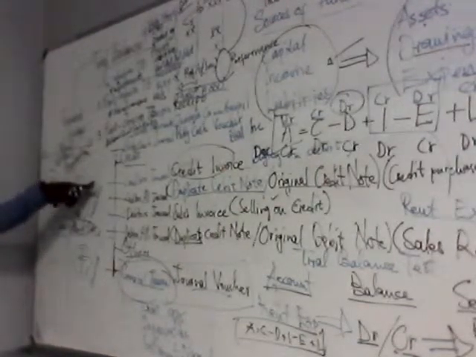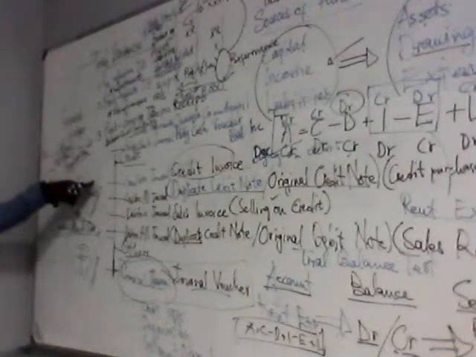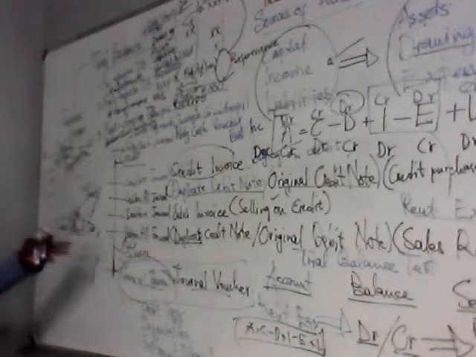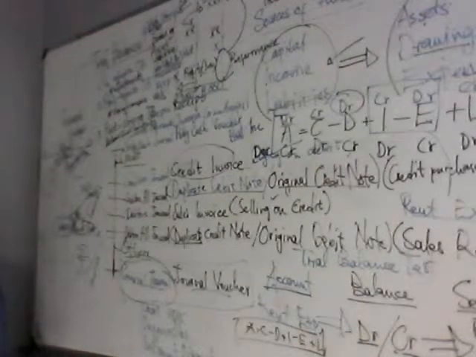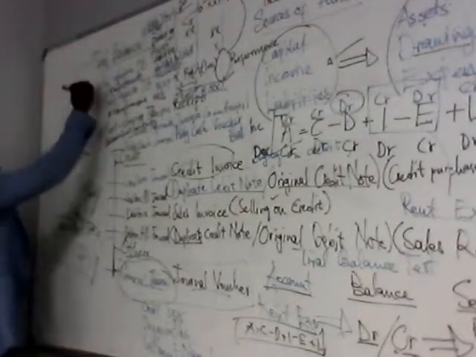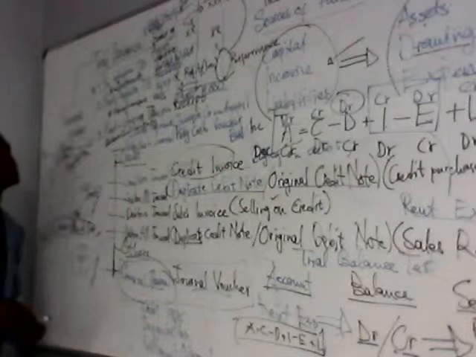Even if you balanced your debtors control and it was on the credit side, I'm going to give you a mark if, when I go into your trial balance, I find the money that you had as the credit balance in debtors control. Remember, it is just going to be a list of accounts. You're going to take the totals from your general ledger. Whatever total, whether it's on the debit side or the credit side, when it goes on the trial balance, it must be on that side. So we'll take it that it is the pre-adjustment trial balance.